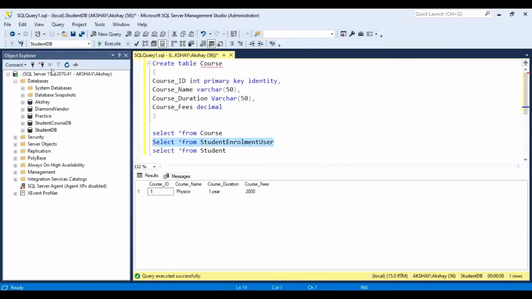So here, you will notice I have already added this course table. I have already done this much because it will take more time, and I don't want to waste time on it in this tutorial, because we have already learned this in the previous parts of this application. If you are not aware of that, please go and check it, because I am not going to repeat all this process.